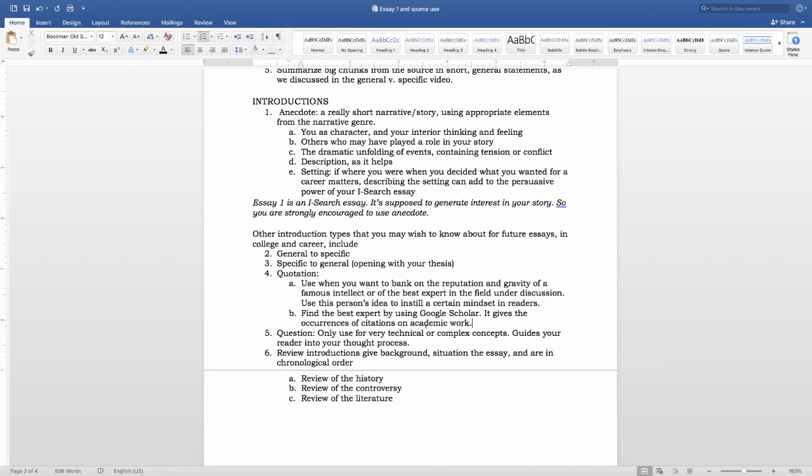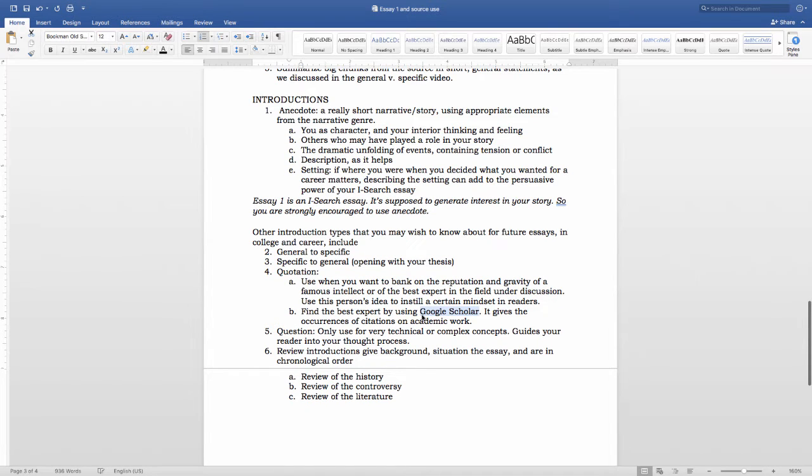So for example, let's say you put Maud Barlow in Google Scholar. I don't really know how many hits you'd get, but you'd get a lot. She would be cited for essays, articles, books, interviews, all kinds of things. So there should be a lot of citations where other people are using her work to support their own.